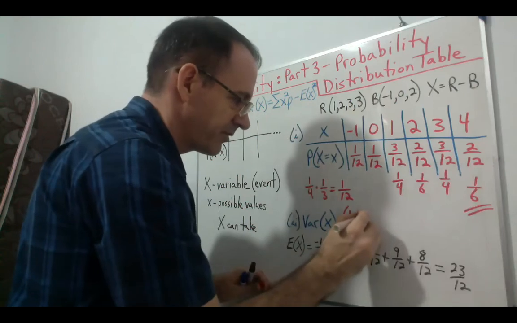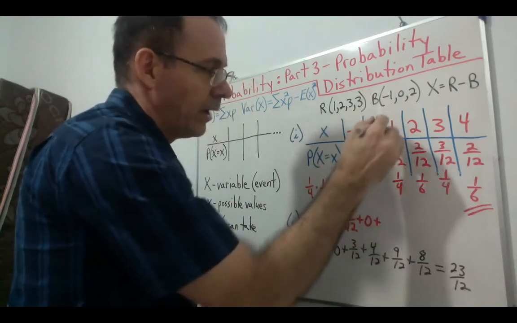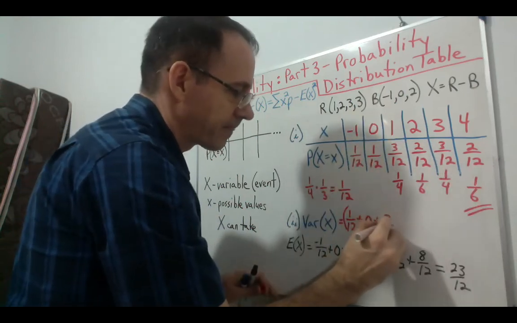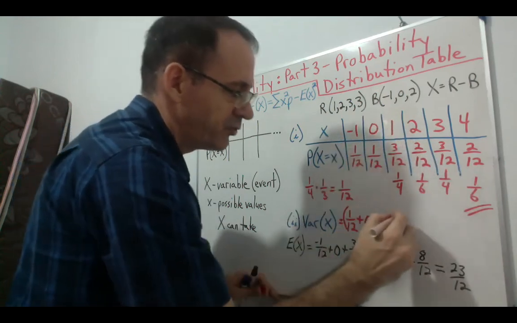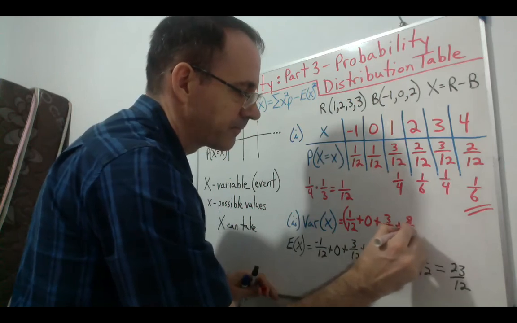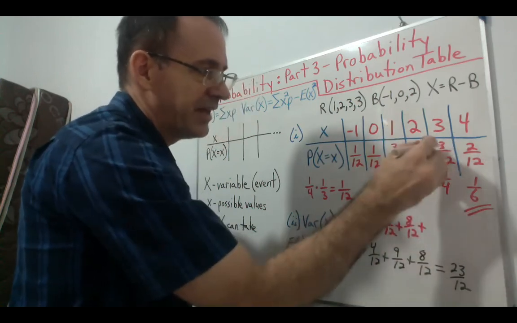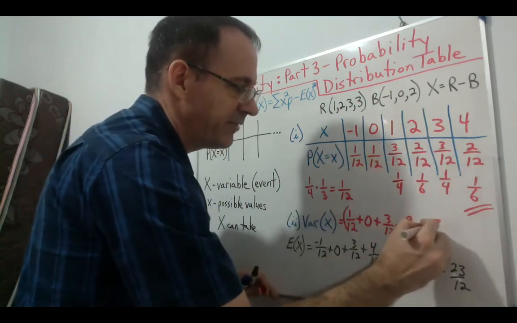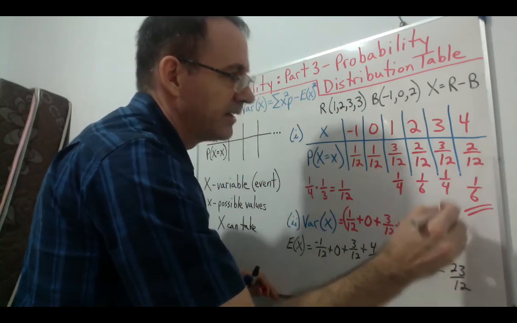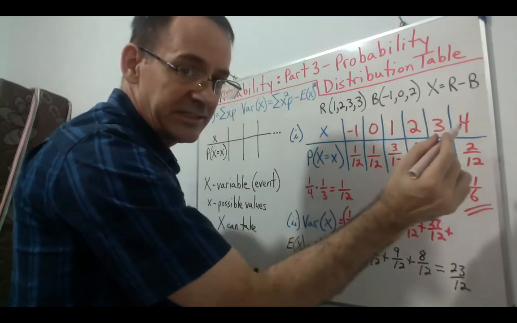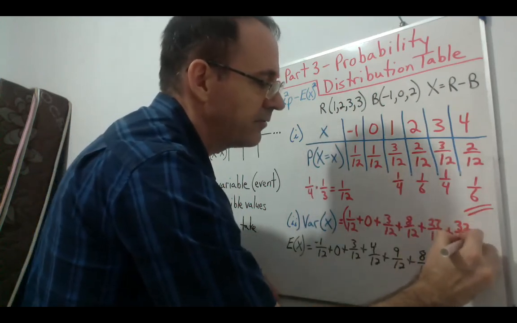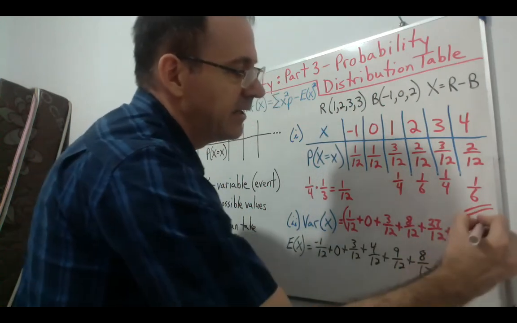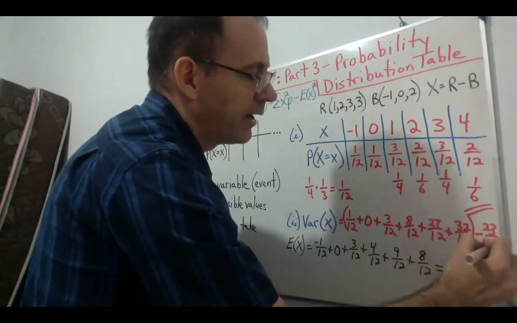When you square 0, it's still 0. 1 squared is 1. 2 squared is 4 times 2/12 is 8/12. 3 squared is 9 times 3 is 27/12. And 4 squared is 16 times 2 is 32/12, minus our 23/12